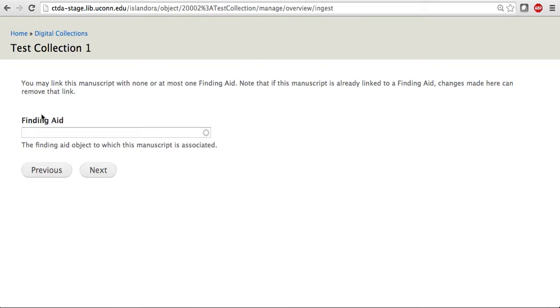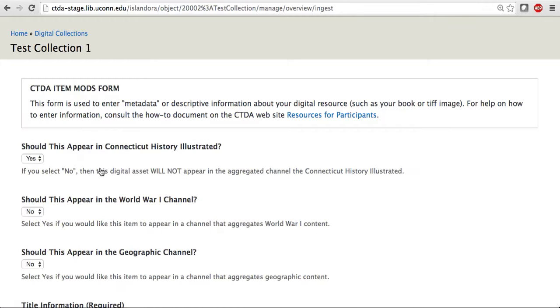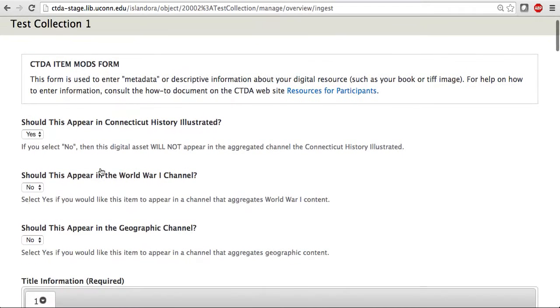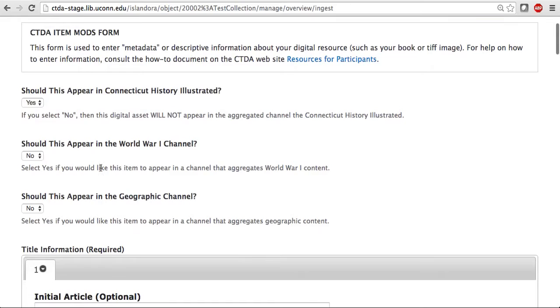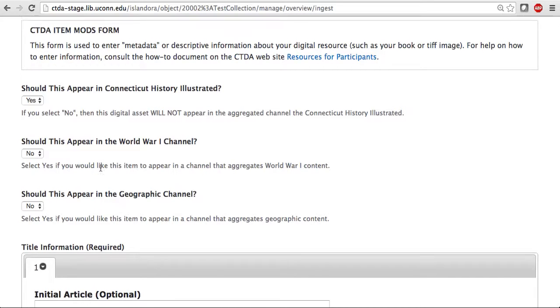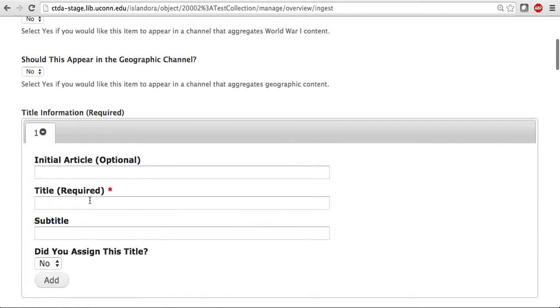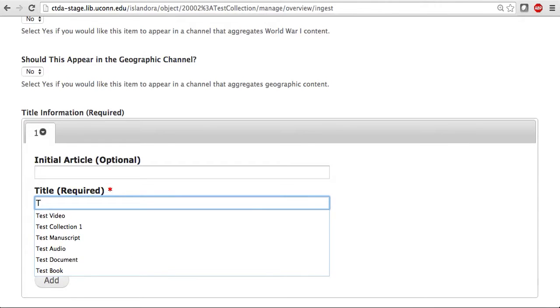Now if you have a finding aid for your manuscript, you can add that here. If not, however, you can then go ahead and click on Next. Here comes the MODS form, where all metadata for the manuscript will be entered. I'm only going to fill out the required fields. You should, however, try to enter in as much metadata as possible for your manuscript. So I'm going to enter some title information,